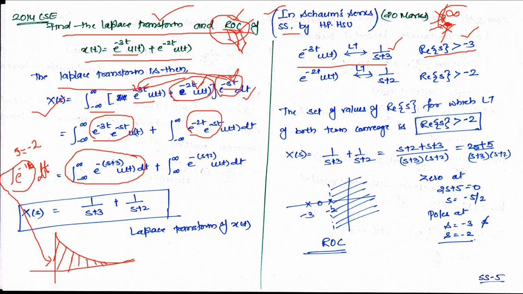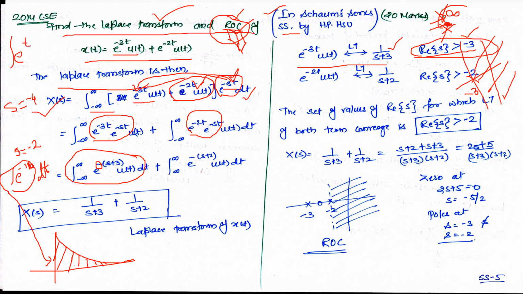That means for e power minus 3t u(t), when the real part of s is greater than minus 3, then the system is converging, hence that is the region of convergence. That means if this is the minus 3 point, then this entire portion is the region of convergence for this. Now let us consider that s is equal to minus 4. Okay, you are violating the condition. So s is equal to minus 4, what will happen? The integral will change to minus 4 plus 3, that is minus 1, and this minus sign will go inside, so it will lead to e power t.